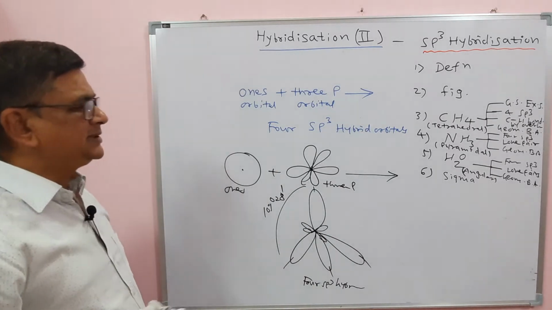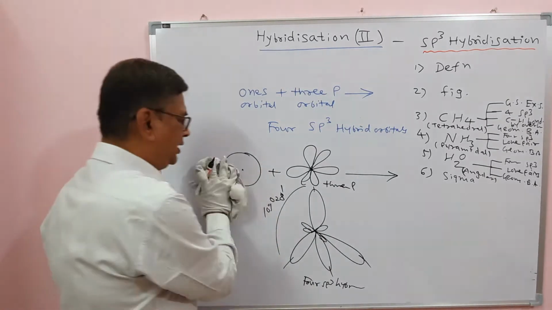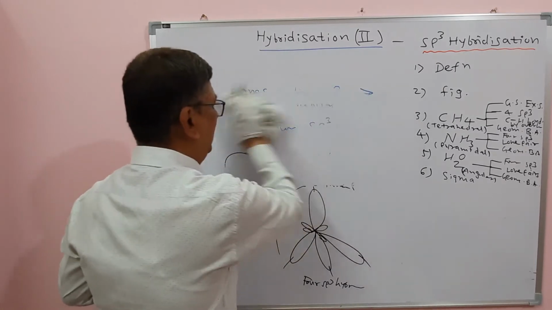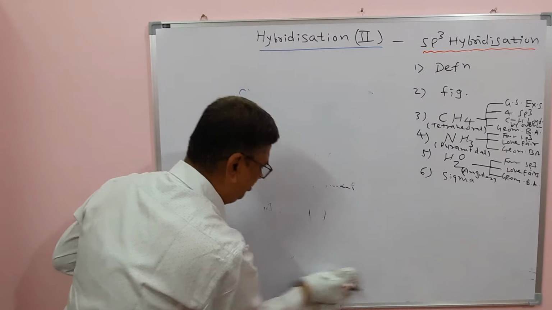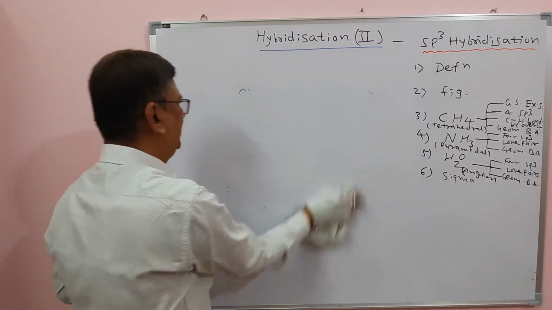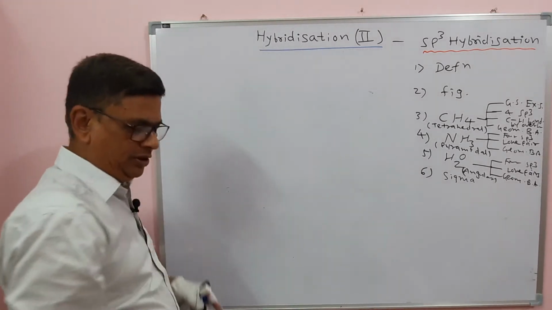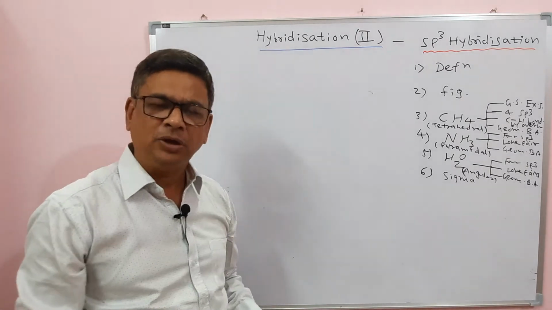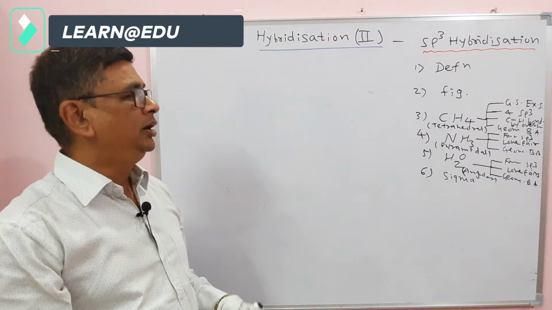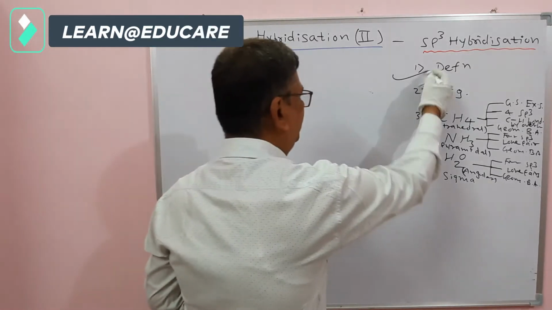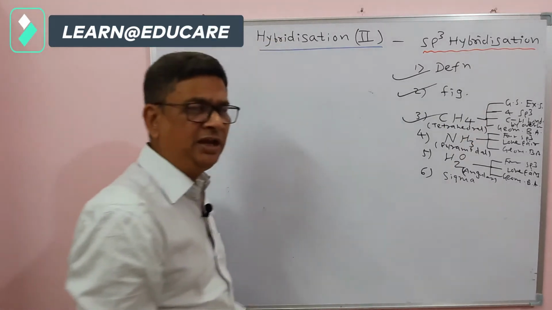Now where these orbitals are required is in organic compounds. You know, carbon has all three kinds of bond, that is the single bond, double bond as well as triple bond. Especially when carbon has all four single bonds, carbon is sp3 hybrid type. Let us see the example of the formation of the methane molecule.